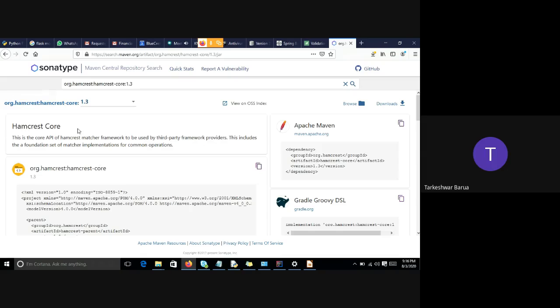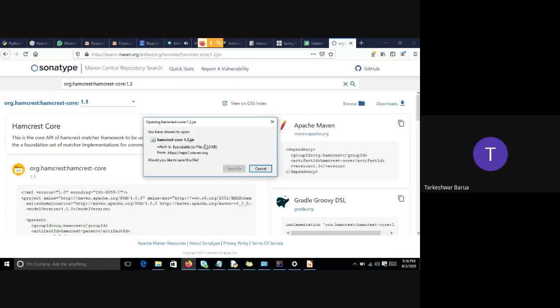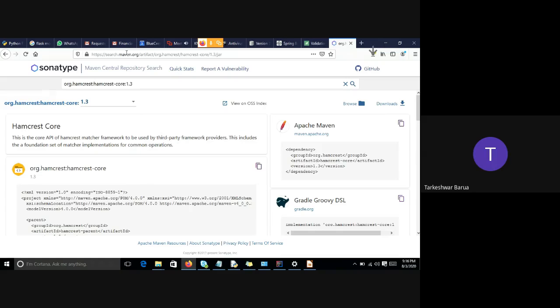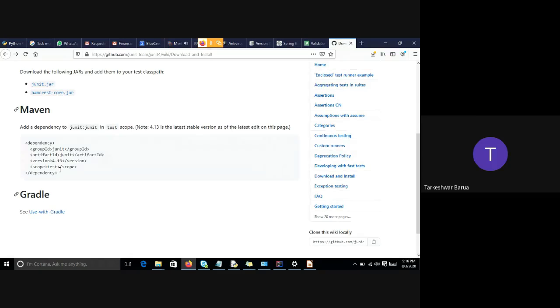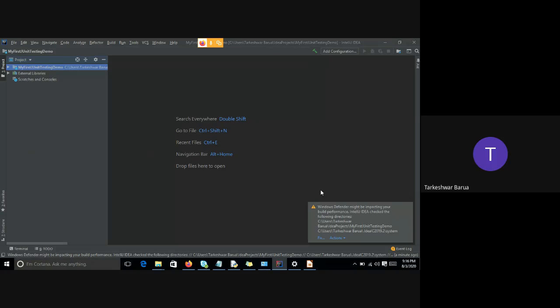If you are developing a basic Java application, go with the file-based approach. If you are using JUnit with Maven, then this dependency is enough.